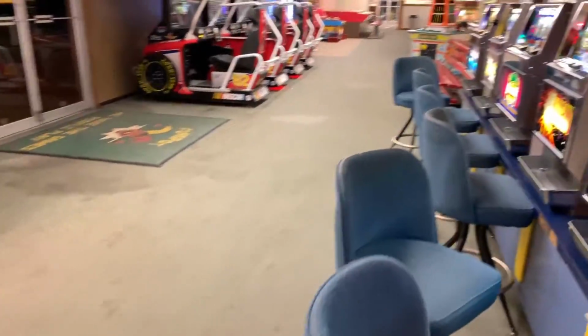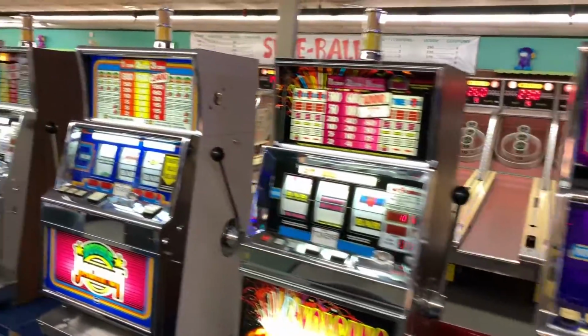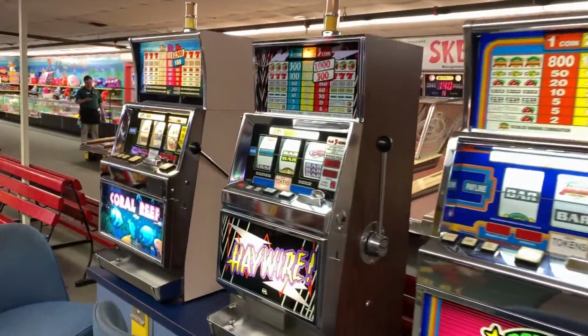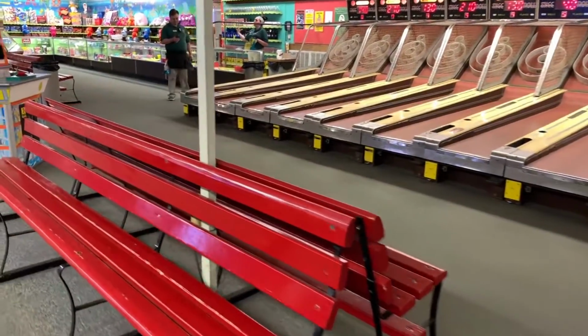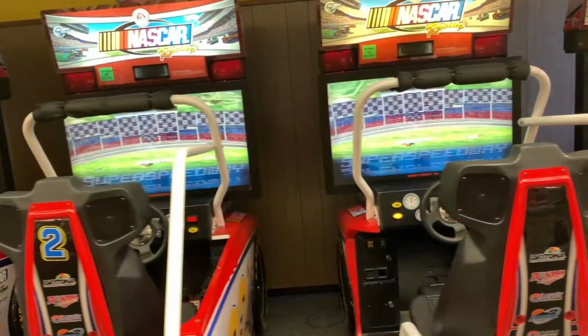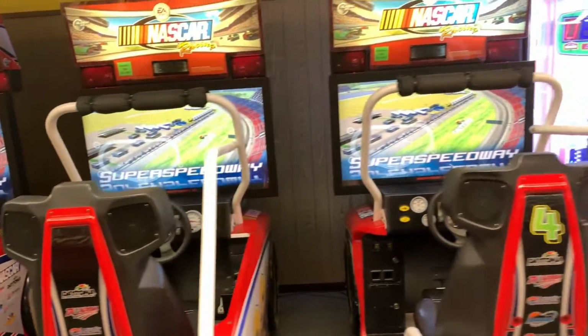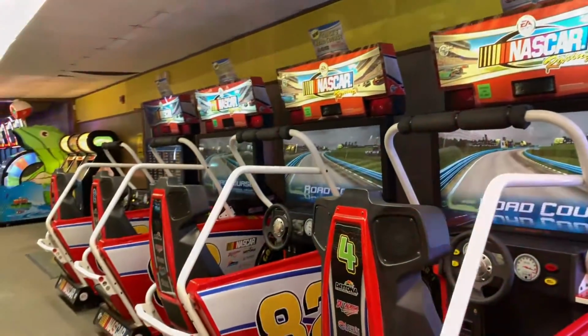Then heading down by the skee ball lanes, we've got a handful of slot machines. Then we've got the 4-player setup for NASCAR racing. This one's from Sega in 2000, where it's got the EA brand. And with that, that's everything that we saw while we were at